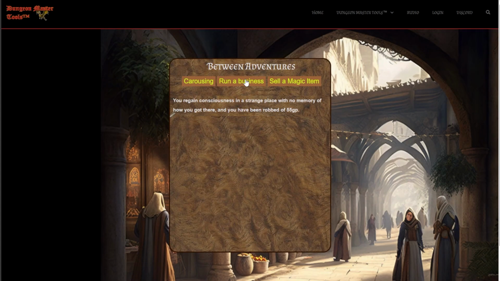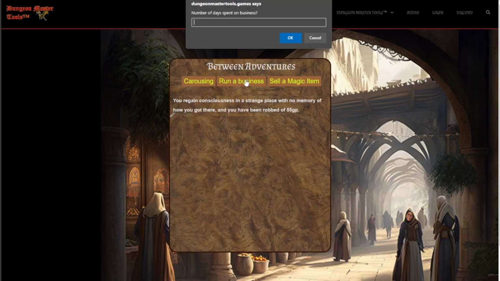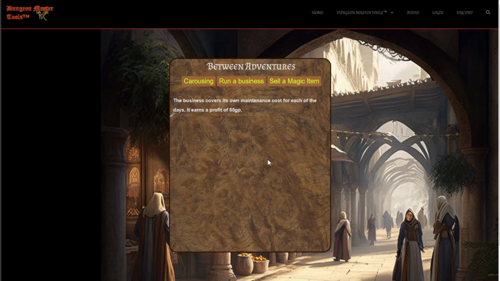Let's go ahead and see what happens if one of the characters wants to run a business. Number of days spent on the business. Well, how long were they in town? A week. We'll call it 7 days. All right? The business covers its own maintenance costs for each of the days. It earns a profit of 55 gold pieces. That's convenient. If the character was robbed of 55 gold pieces,